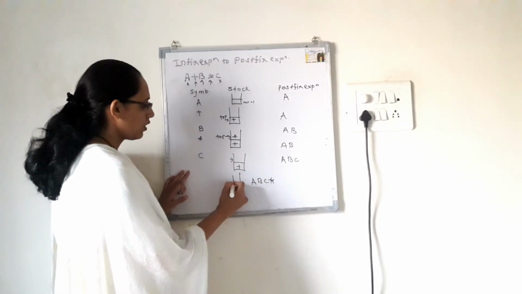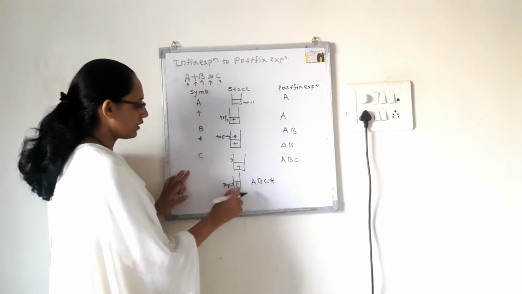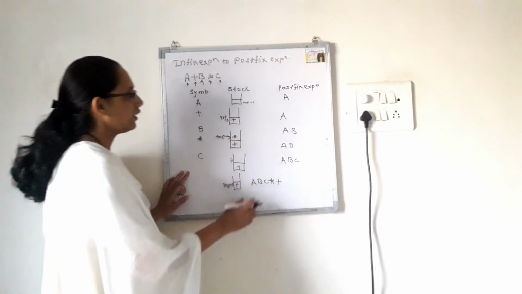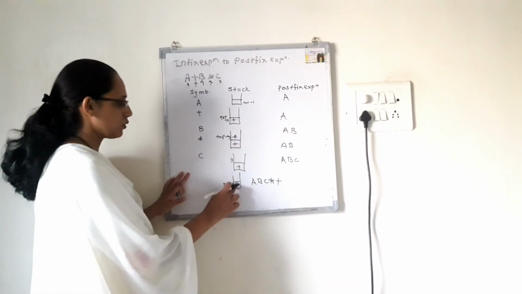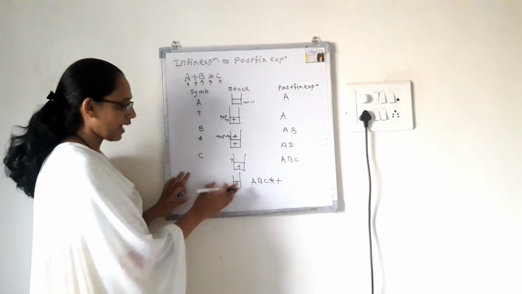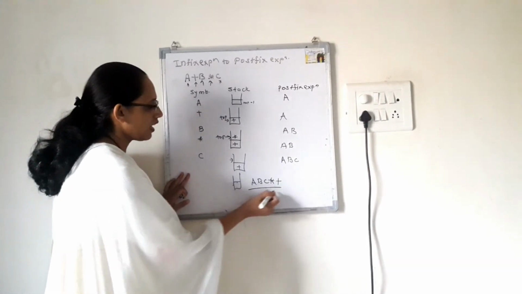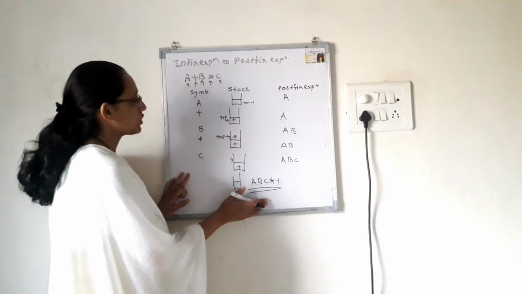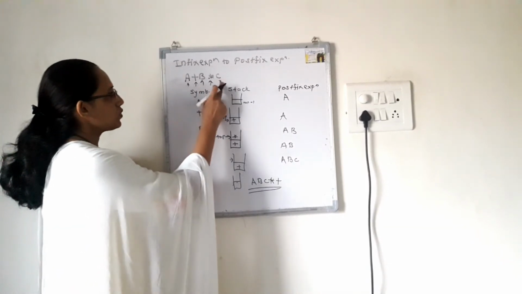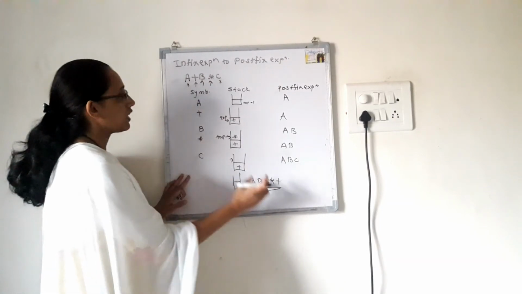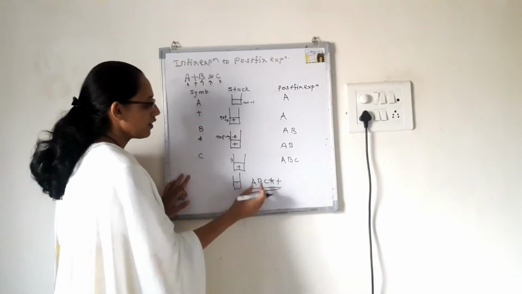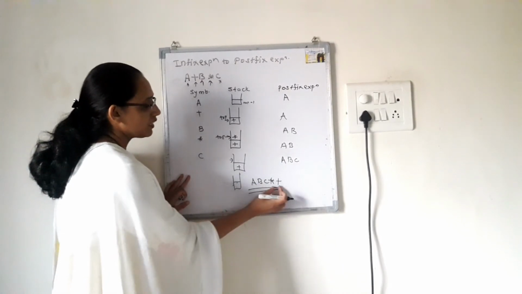Now which operator is remaining? The top operator is plus. So plus gets popped and it is placed at the end of the postfix expression. Now is there any operator in the stack? No, because the stack is now empty. So this is the final answer, the postfix expression of the given infix expression. The infix expression A plus B into C has the operator in between the operands, whereas the postfix expression of the given infix is A, B, C, star, plus, where the operands come first and then the operators.